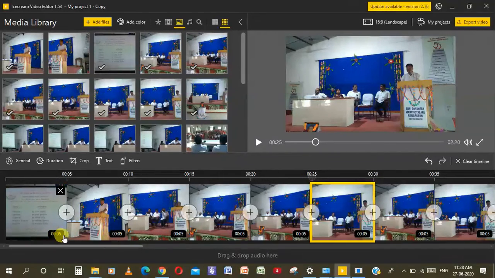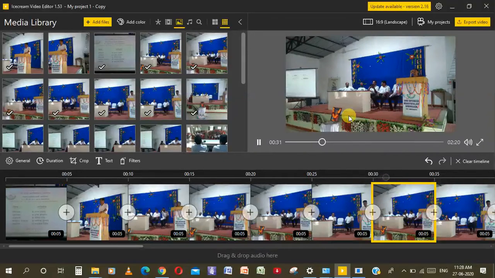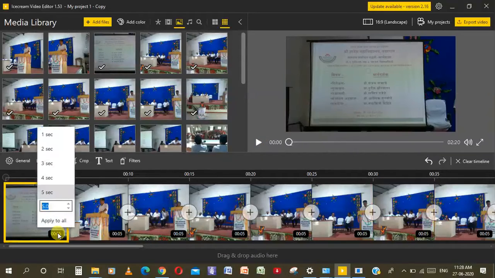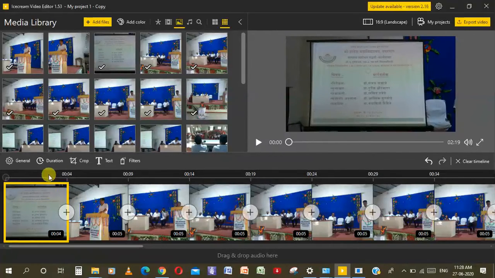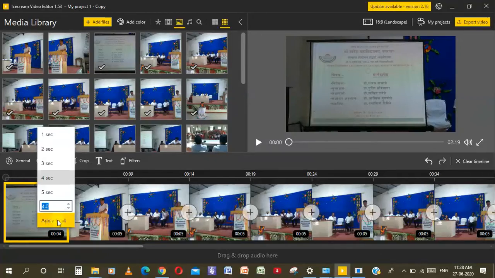Now this 0.05 means all the images have the same duration, that is, whenever you click here, each will appear for 5 seconds. One image will be on the screen for 5 seconds. If you want to decrease the time, you can set it to 4 and click apply to all.